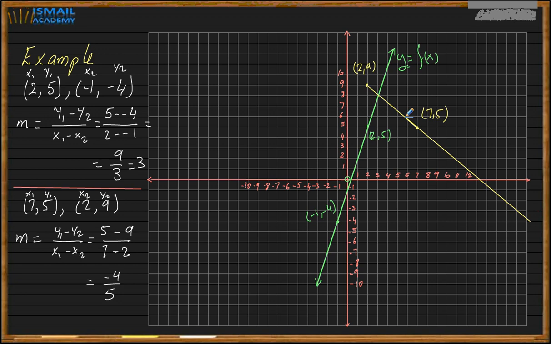So this is a descending line. When the slope is negative, the line is descent from left to right, and when the slope is positive, the line is ascent from left to right. So this is all about the slope. I hope you understand the idea. And please, if you have any comment that will help me improve my